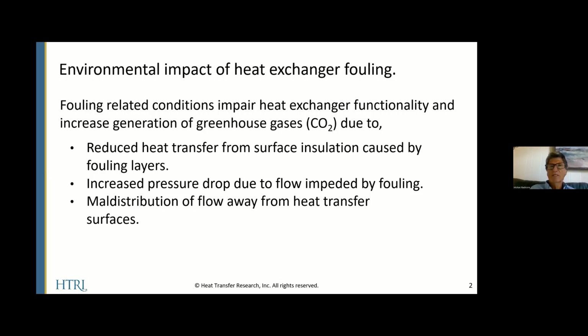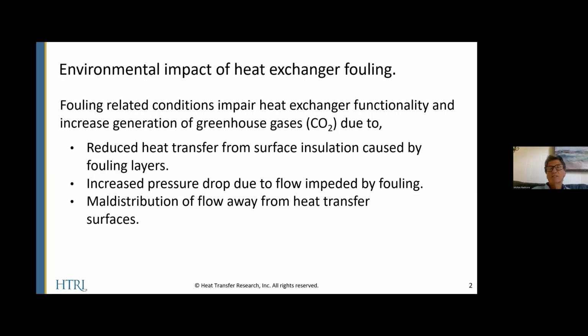And then what occurs is the cooling water that is intended to remove heat from the process fluid. Due to fouling configurations within the heat exchanger, there's a significant increase in pressure drop because of this impediment of water flow. Finally, as water flows through the heat exchanger, whether it's a shell and tube or a plate and frame, the water is directed away from the heat exchange surfaces. And so again, you lose the capacity for heat exchange within the device,